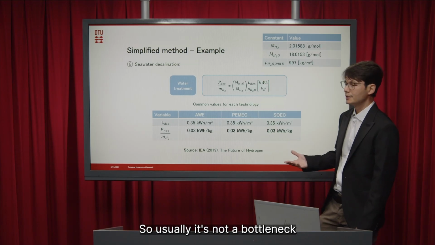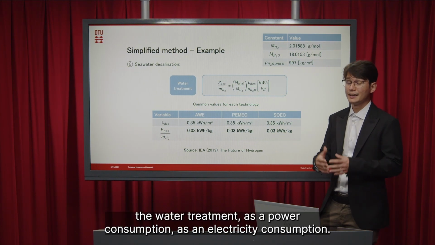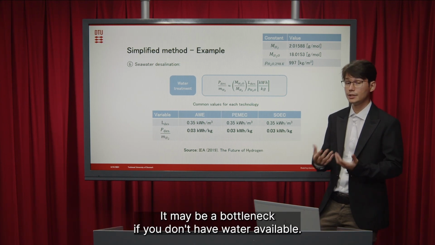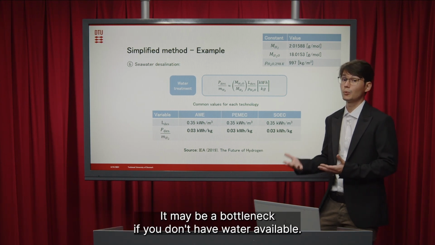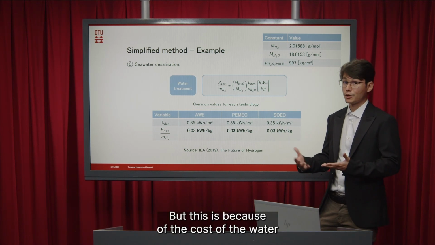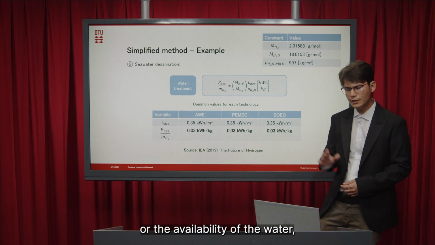So usually water treatment is not a bottleneck in terms of electricity consumption. It may be a bottleneck if you don't have water available,